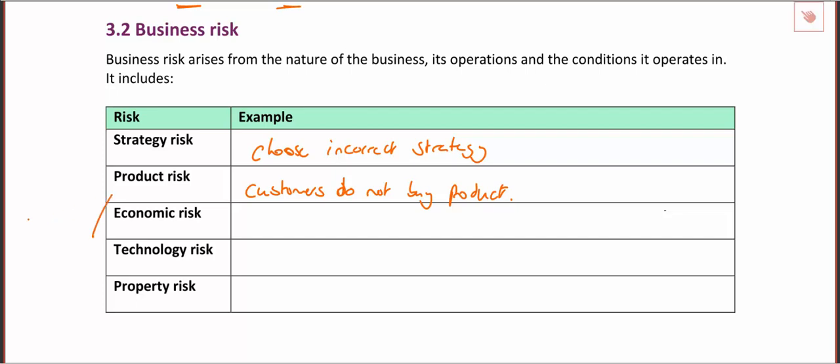Financial or economic risk, we sometimes call it financial risk. For example, that might be the effect of a big interest rate change. That's going to have a big impact on my business. And in fact, we'll see that again when we consider financial risk as a separate risk category of its own. Technology risk is where we might have outdated or inefficient technology that's going to be falling behind the times, that's going to cost us in terms of my productivity.